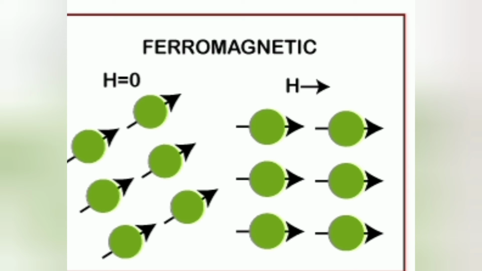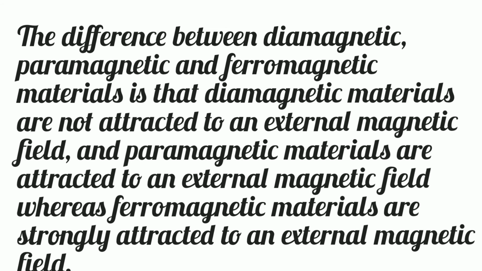But as soon as the external magnetic field H is applied, they align themselves in the direction of the external magnetic field. The magnetic moments of the atoms tend to line up in a particular direction of the external magnetic field. Now, to sum up, the difference between diamagnetic, paramagnetic and ferromagnetic materials is that diamagnetic materials are